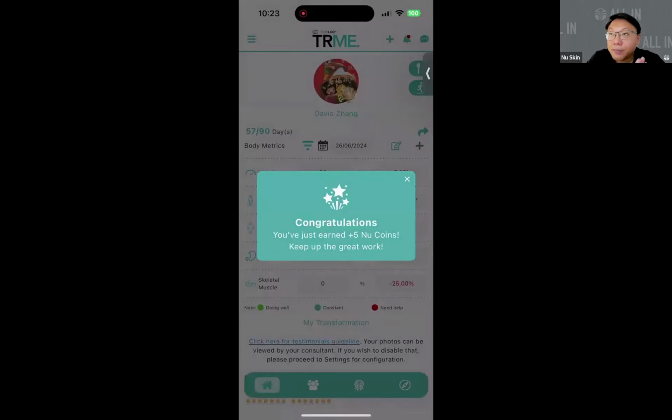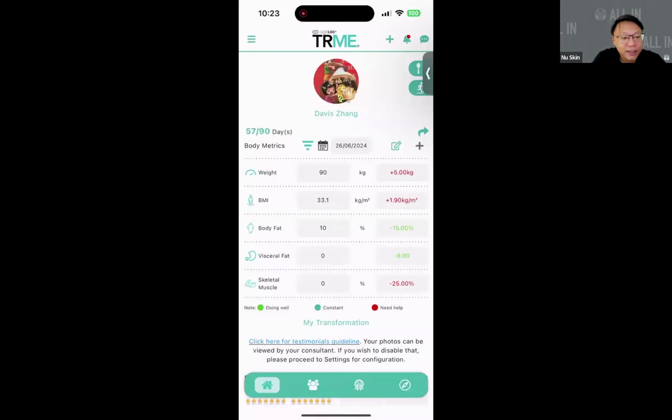Okay. As part of the daily task, whenever you enter in a new set of metrics, the system is gonna reward you with coins. Okay. So it's as easy to earn coins as you go. Okay. So now you see that the data on the right side now has shown something in red. Okay, because instead of your weight going down, now it has an increase. System knows that it is not a good sign, so it is highlighted in red.